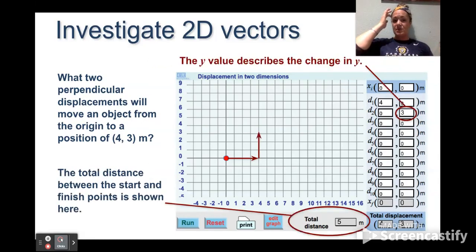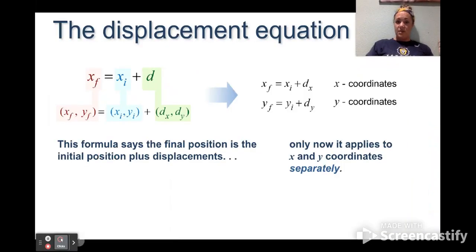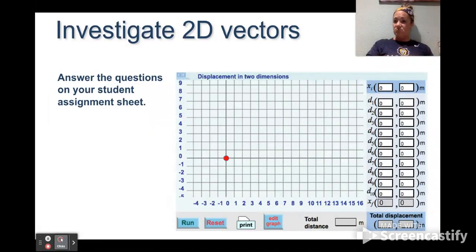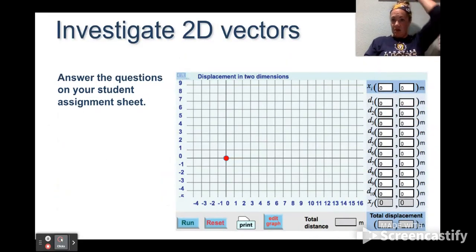Because the question asks which 2 perpendicular, so those motions are perpendicular to each other, which 2 perpendicular displacements will move an object from the origin to the position of (4, 3). There it is. Total distance between the start and the finish points is shown here. This is a trick one. This is a 3, 4, 5 right-angled triangle. All right. Answer the questions on your student assignment sheet about this. So you kind of got the example of how it's going to work, but you're going to need to put your responses onto your investigation and